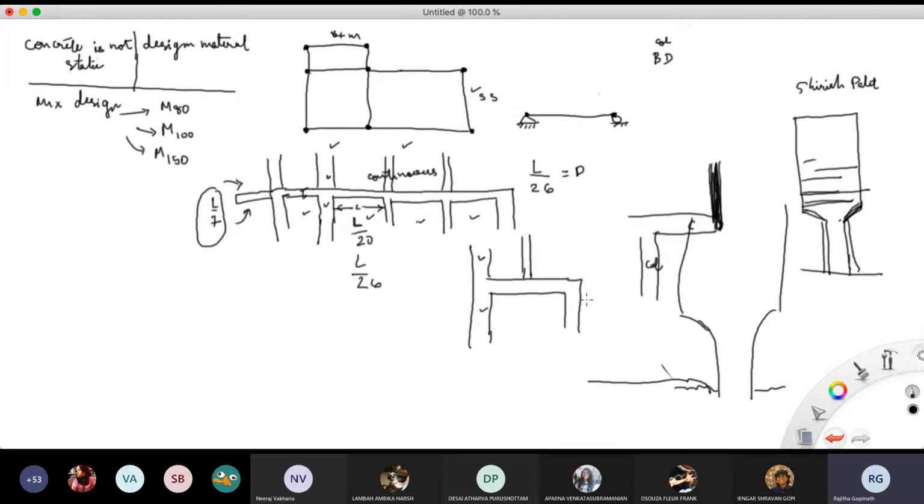Okay, so all these thumb rules and all these span by D, if you see, all these things are just mere guidelines for you to begin to understand. Each and every building needs to be mathematically calculated, has to go through rigorous calculation and vetting of calculation. For all these skyscrapers, you hire a structural engineer who does the calculation, then you hire a second structural consultant who will check the calculations. All right, that is also there. So all these things happen because you want to be 100% sure, correct?